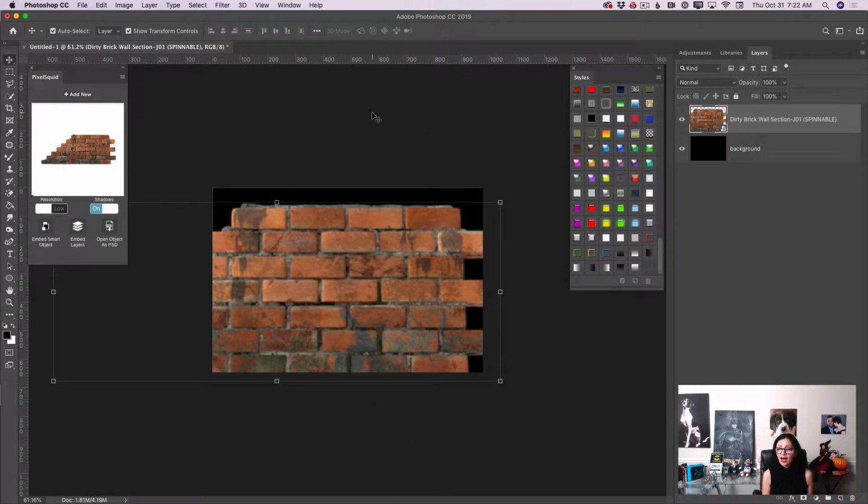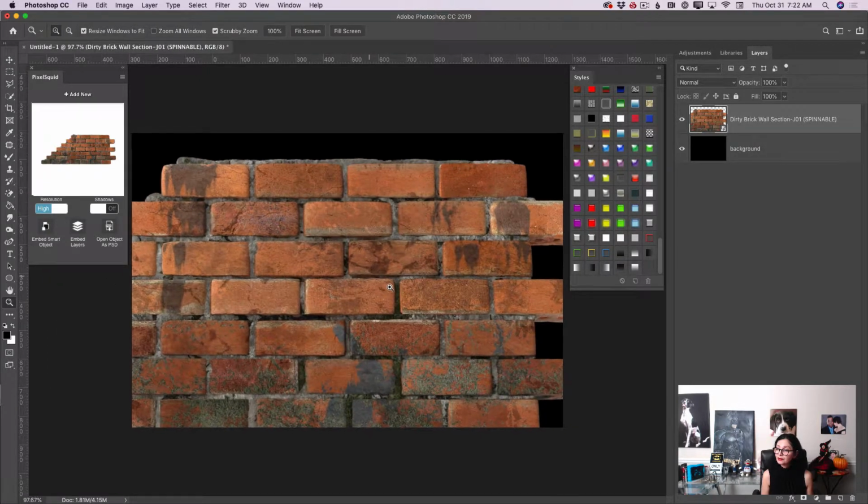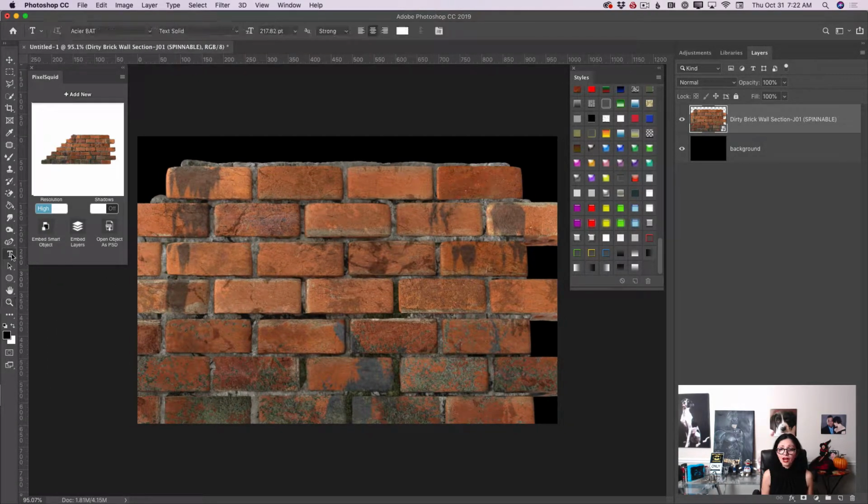Now, guys, I will specify that I don't need shadow in my 3D object because in this case shadow will be not visible, but I would like to have my 3D object in high resolution. So I will switch from low to high resolution. Let me zoom in. Now, I will click on horizontal